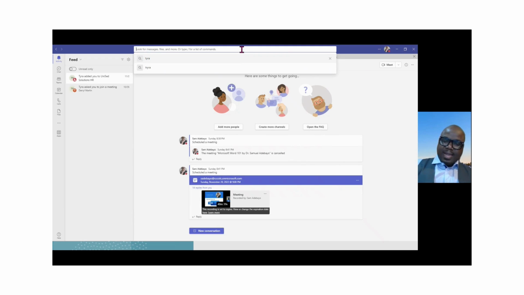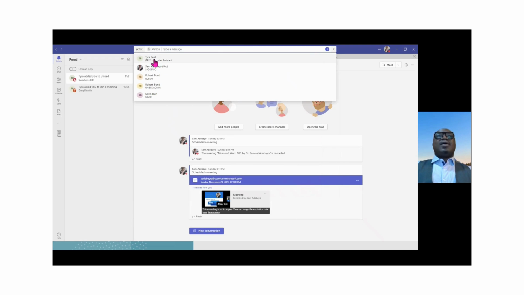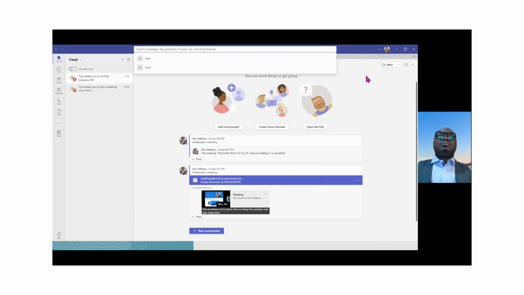So if I say chat, it takes me right to people that I can chat with. I can type my message and send it as a chat. And all these people will be able to see my chat because they are members of my organization. So that is the search experience.